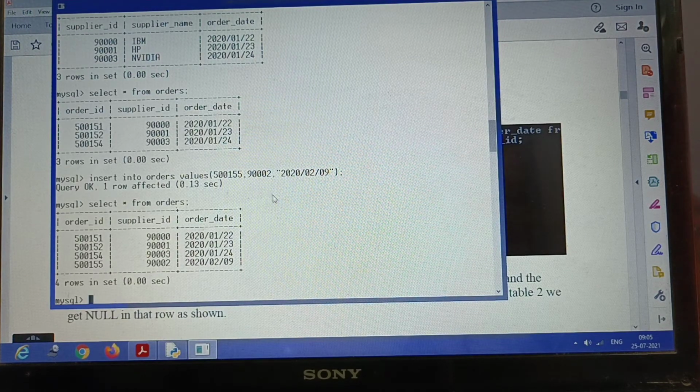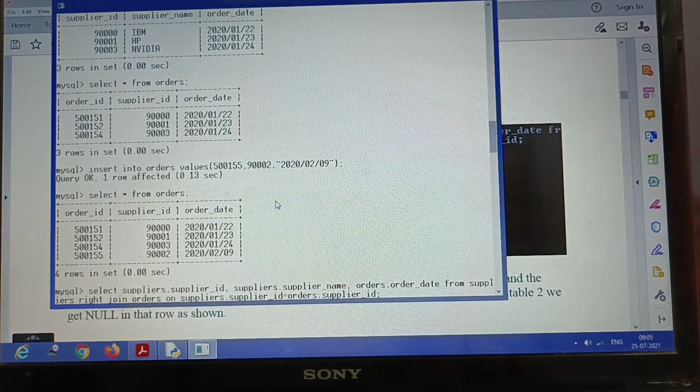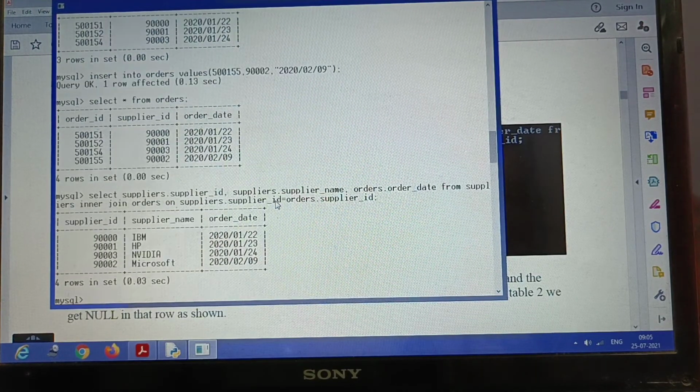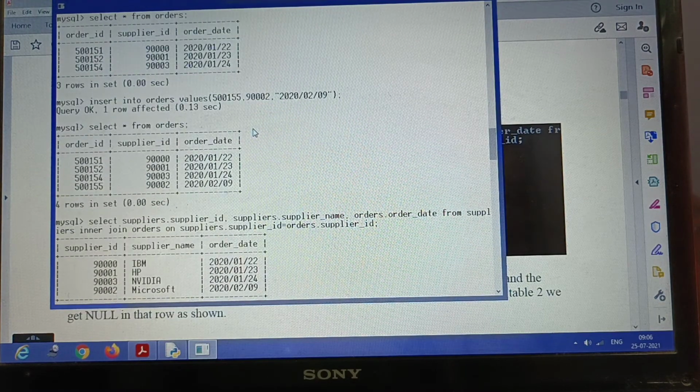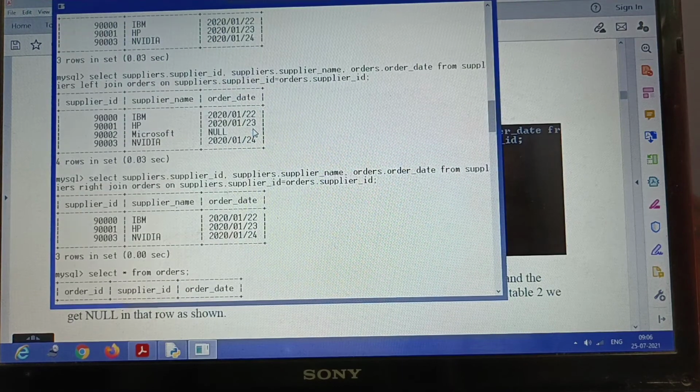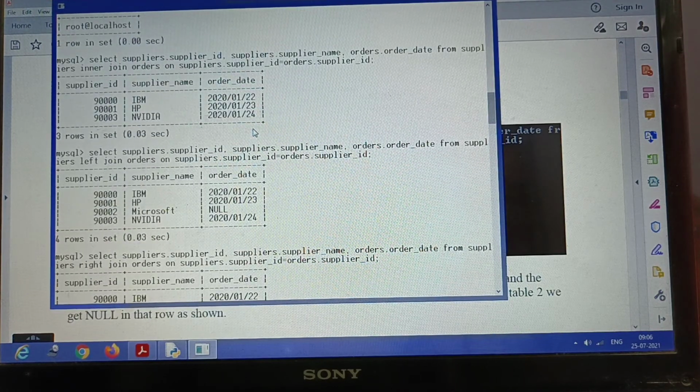Now after updating this, we will see how the left join, inner join, and the right join commands change. So this is the inner join command. You see that the inner join command now has 4 rows instead of the 3 rows before. So this was the first inner join command with 3 rows.